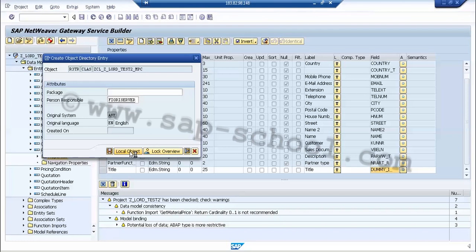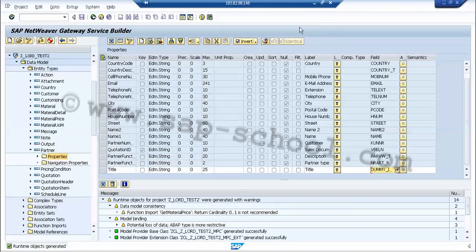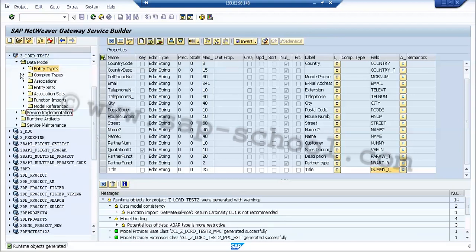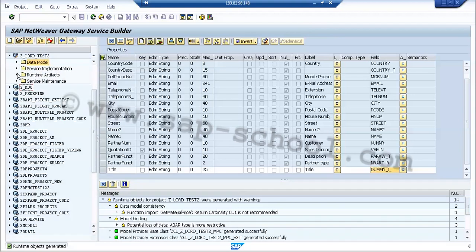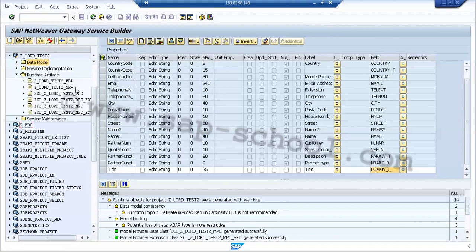It is still working, so we can see on the top that the progress is still running. Okay, now the runtime objects are generated for this service. If we go here to the runtime artifacts, we can see that we have the runtime artifacts for it.